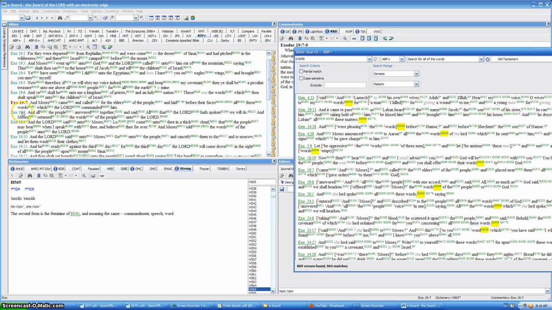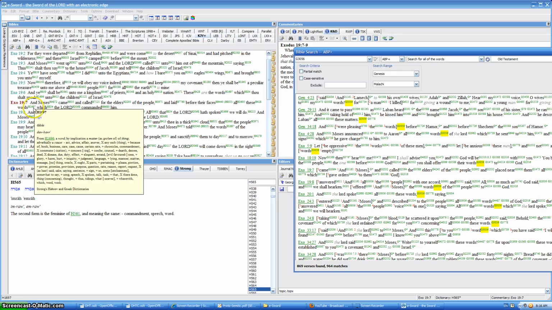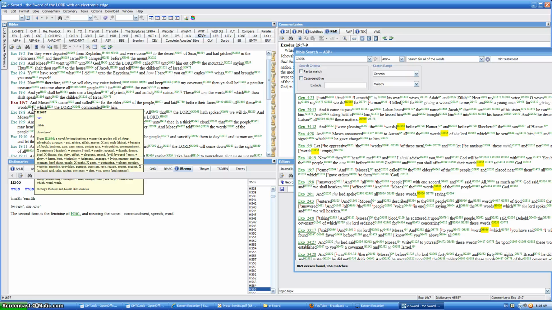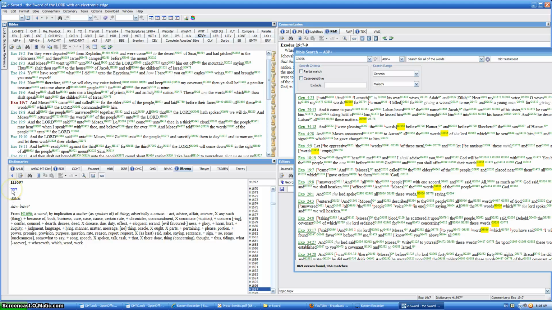So we go over here to Exodus 19:7, and we read along until we get to, he placed before their faces all these words. This Hebrew word, you'll notice, is different. It's Hebrew word number 1697, which is the Hebrew word devar. You can click on it here, which will bring it down here in a second. The Hebrew word devar. This, by the way, is the more common word used to represent the word logos. But I chose this word because I wanted you to see